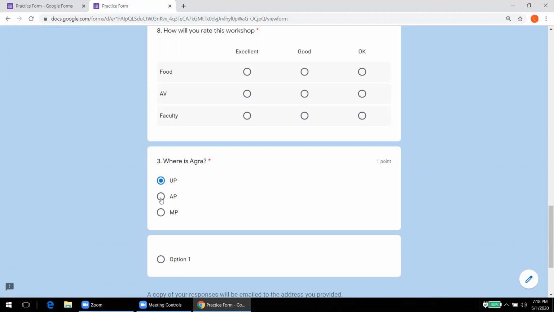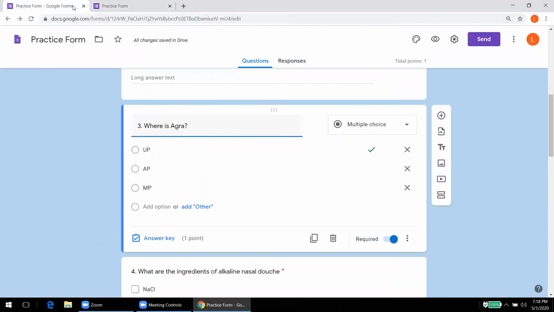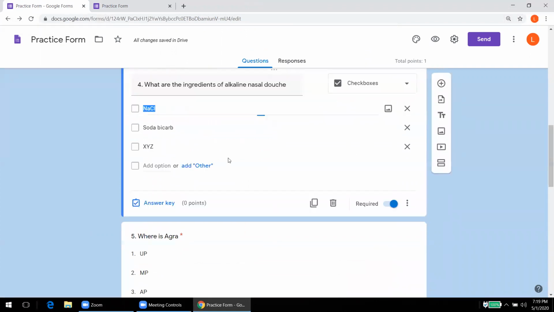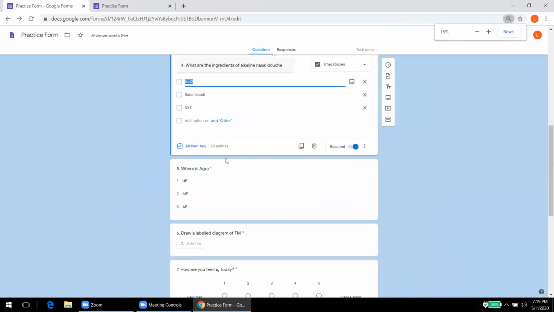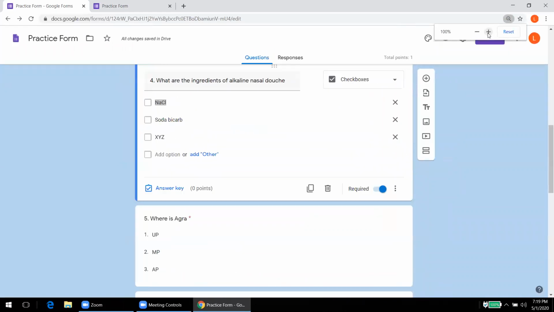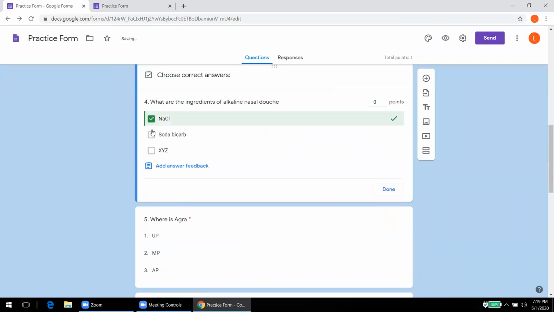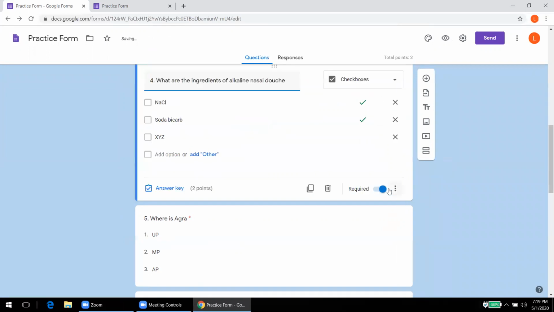So I can tick anything, and when I submit it, I will get the correct answer if I have selected it in the settings, which I'll again show you. Similarly for this, it's a multiple choice question. Then we'll see how the answer key will work for this. This is a multiple response type. So we'll add answer key, and these two are the correct answers. Okay, and if he writes both of these, it carries 2 points. Done.